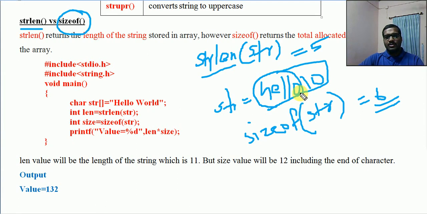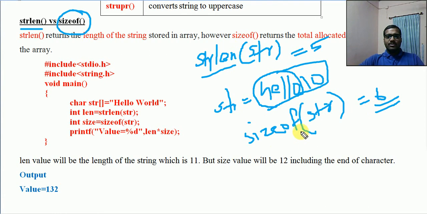So sizeof returns the size of the character type array. Why is it 6? You know that the size of the character data type is 1 byte.